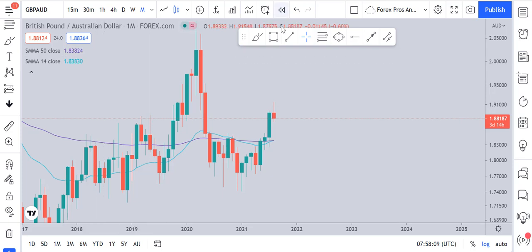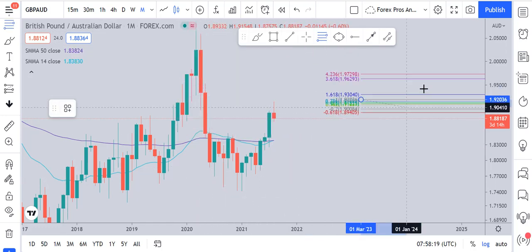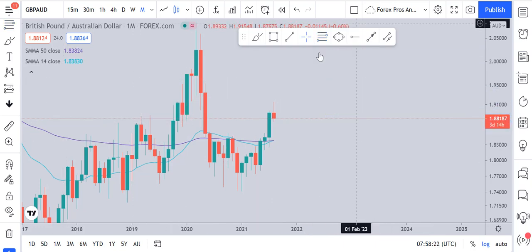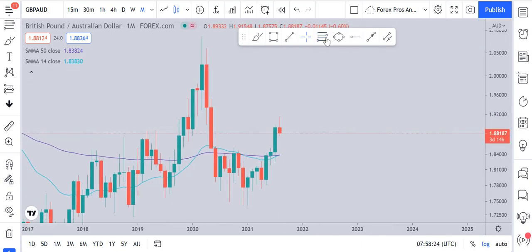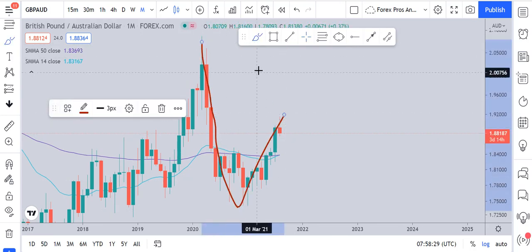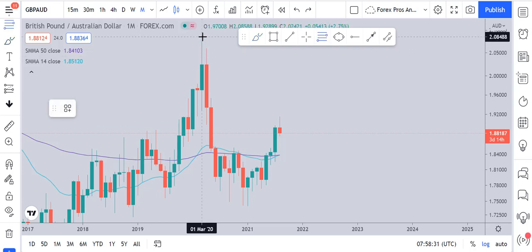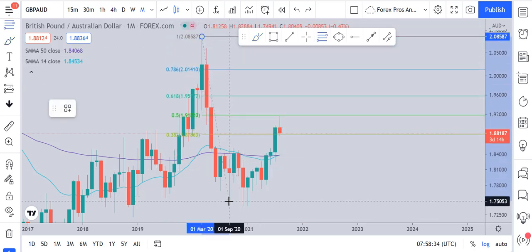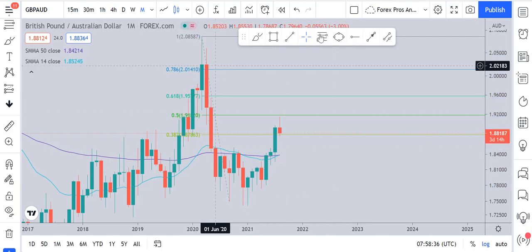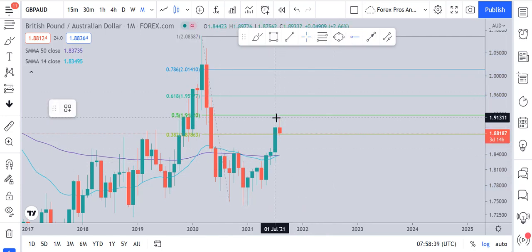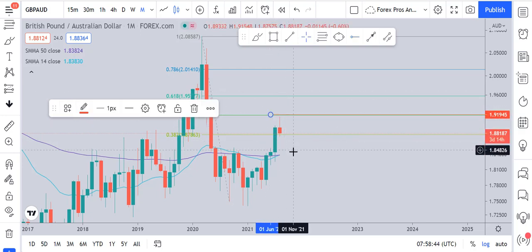So starting on GBP/AUD on the monthly time frame, what kind of situation do we have? First of all, we can see that the market made this huge impulse from top to bottom. Whenever we want to measure the impulse and then the correction, we take the Fibonacci retracement. From the top to the bottom, we can see that the market retraced to the 0.5 level, after which the monthly candle was closed in a sell.